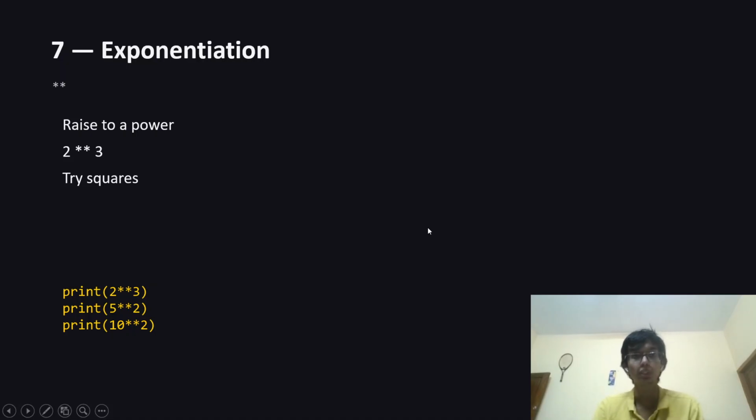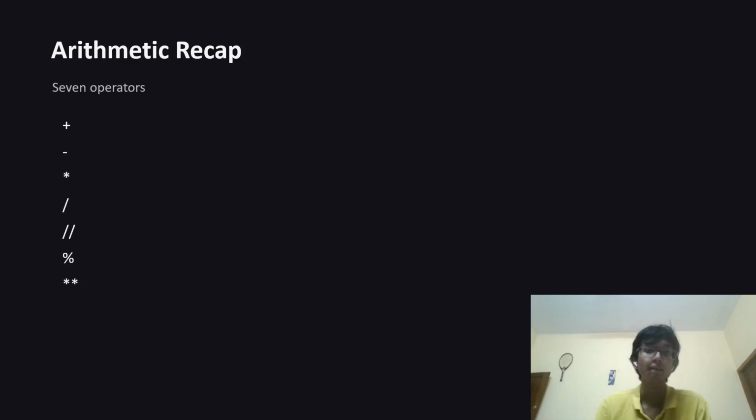So we are going to the next one. We have the arithmetic recap. So what did we learn in the arithmetic recap? Arithmetic operators. We had 7 operators. The first one is the addition operator. The second one is the subtraction operator. The third one is the multiplication operator. The fourth one is the normal division operator. The fifth one is